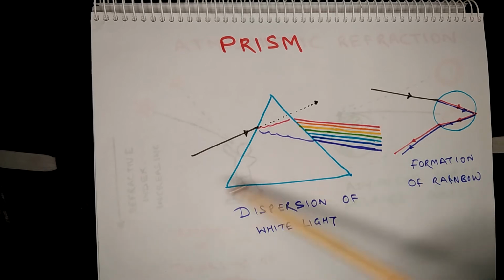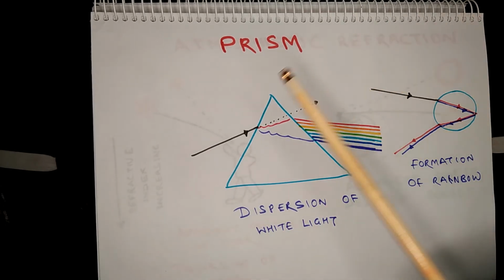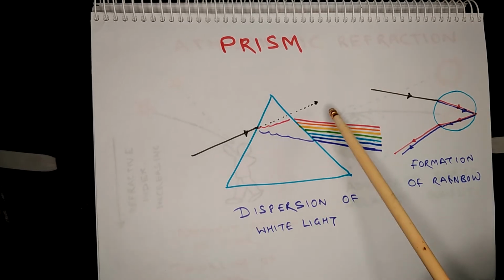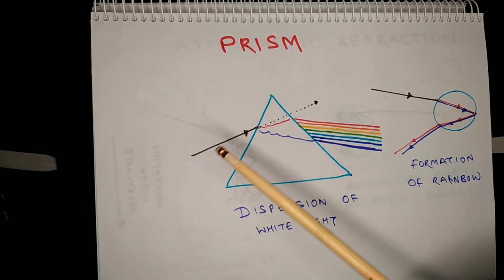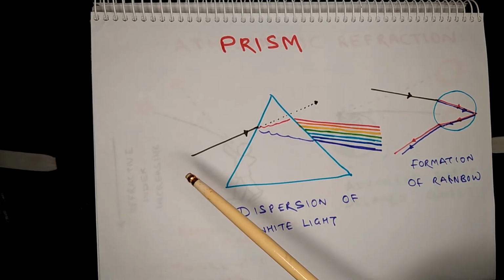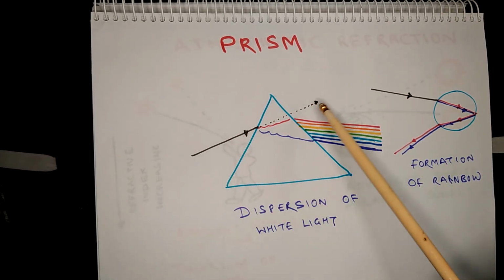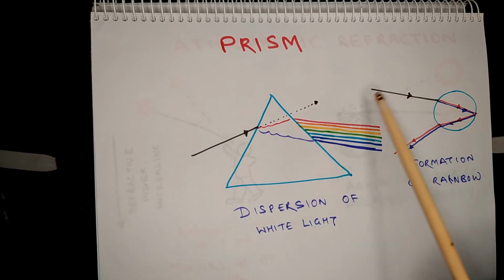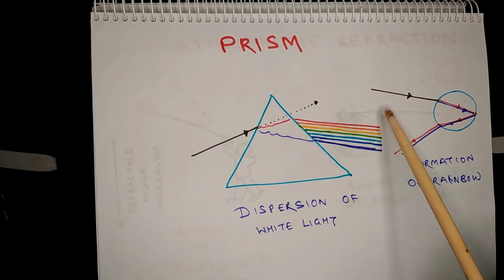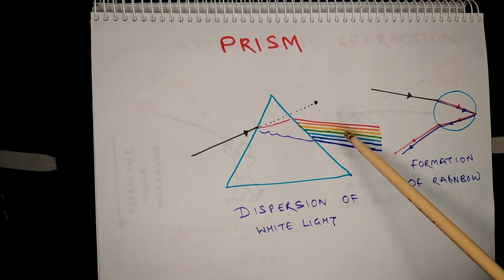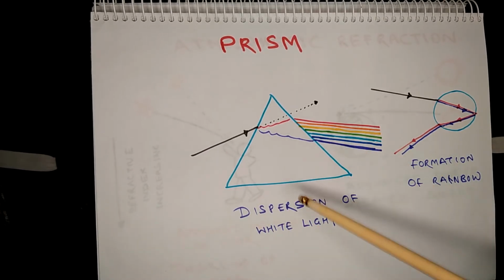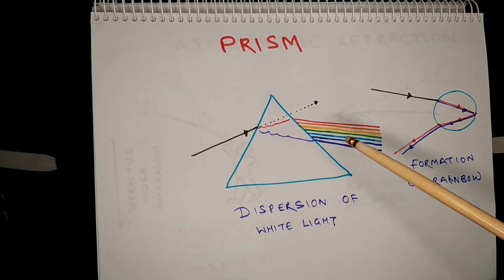Because of the unique shape of the prism, the lights of different wavelengths deviate at different angles. And we know that white light is composed of 7 colors, so all those components will be deviating at different angles. When this ray of light emerges from the prism, the white light gets segregated into its component colors, and this phenomenon of segregation of component colors of white light through a prism is called dispersion of white light.